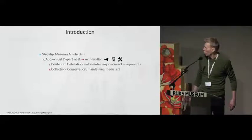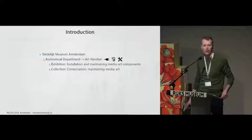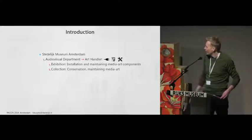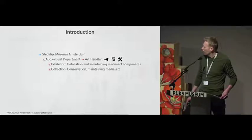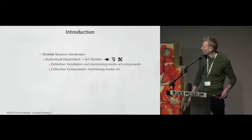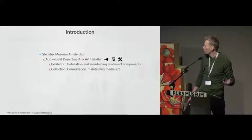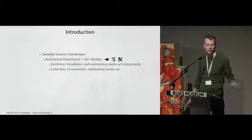So, the audiovisual department, we are three of us, and actually the art we handle is the art with a power plug, or which contains bits and bytes. That's a short summary. We do a lot of planning and managing, and that's also a part of it. The two main tasks of our department are exhibition-wise and collection-wise. So in the exhibition we install and plan and maintain all the media art components, so all the projectors and